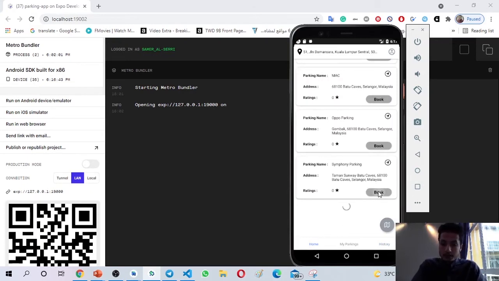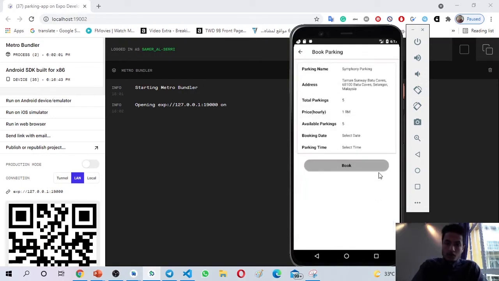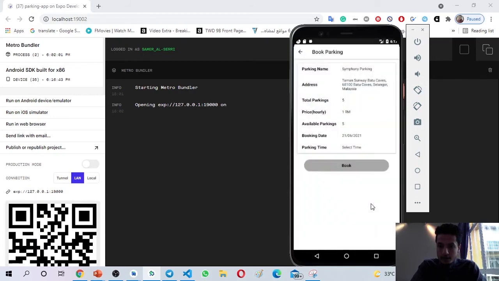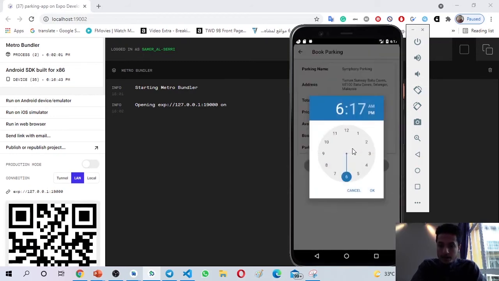We will click here. It will give us the name of the parking, Symphony parking, and the address of the parking, and total parking spots is 5, price per hour, available parking is 5, no one booked yet, and here the date of parking and the time of parking. We will click the date. Yeah, you can't select a previous date, as you can see here. I will select this date, and the time now is